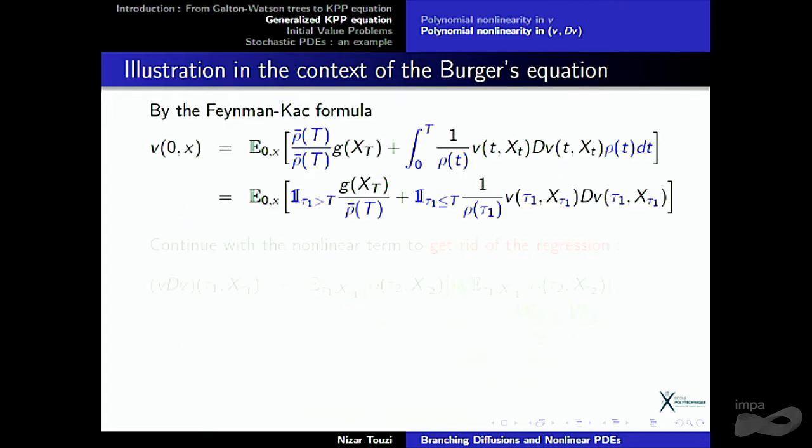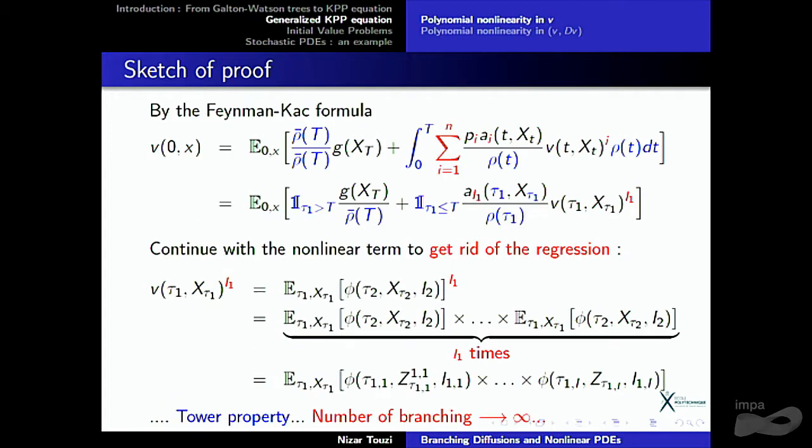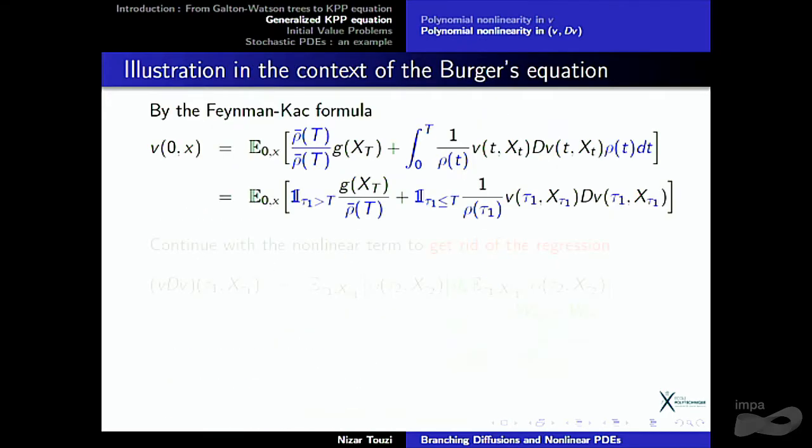Okay, so let's go back to our Feynman-Kac representation, remember? We create this rho, divide by rho, rho bar, divide by rho bar, and then randomize. So I'm just doing the Burgers equation, because as you have seen here, you can put whatever sum. We are going to randomize it and end up only with v to the random variable I1. Okay? So if I know how to do it for v dv, then I can do it for any summation of this type of terms. Okay, so to do this,